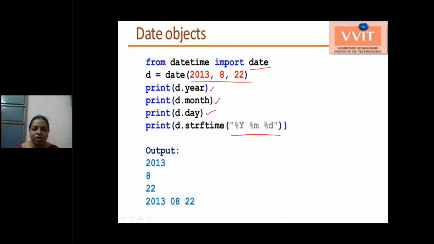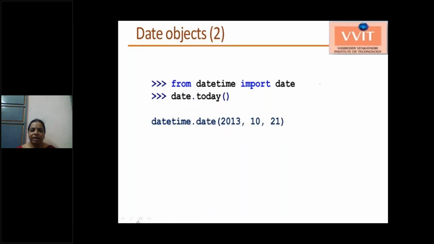Then it shows 2013-8-22. This is the year that we retrieved, this is the month, and the day, and this is the complete date. Like this, we can use the date class to create different types of date objects and to retrieve information from the date class.